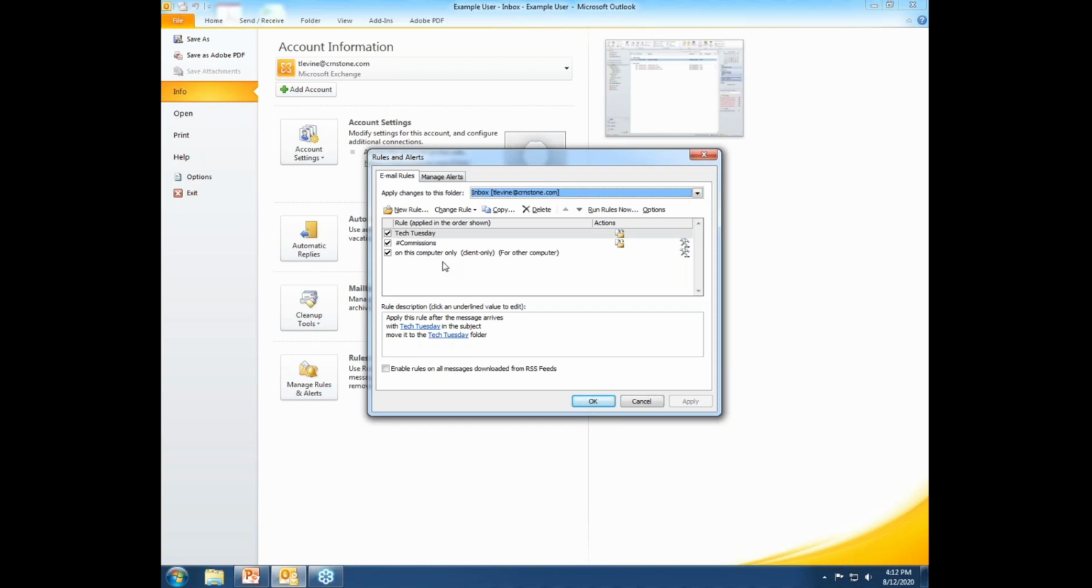I have one that I use for all Tech Tuesday related emails, and that's why I request that people put Tech Tuesday in the subject line of any email they send me related to tech. That's because I apply a rule on any message that I receive with Tech Tuesday in the subject line to move to a folder I have called Tech Tuesday. Now, this rule is stored locally on this computer, but